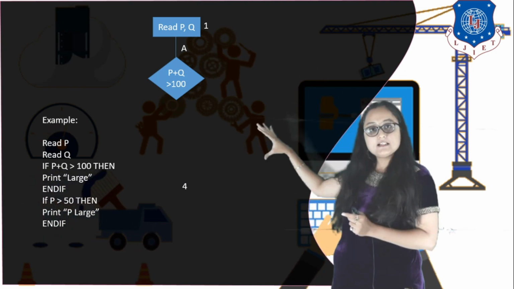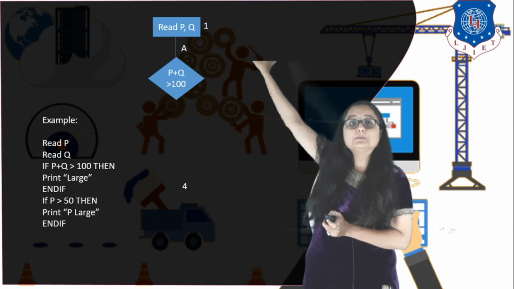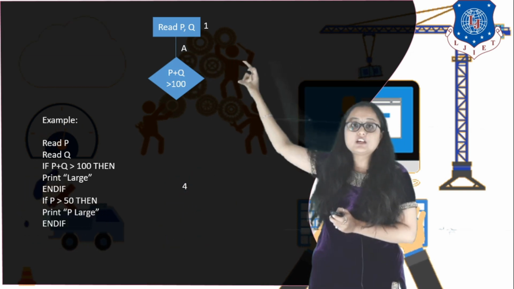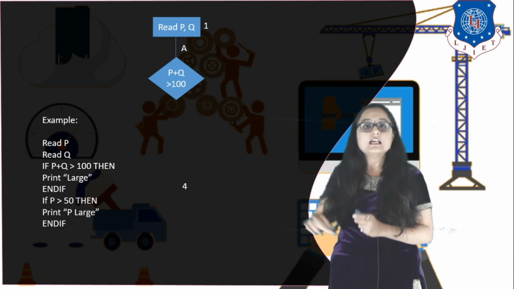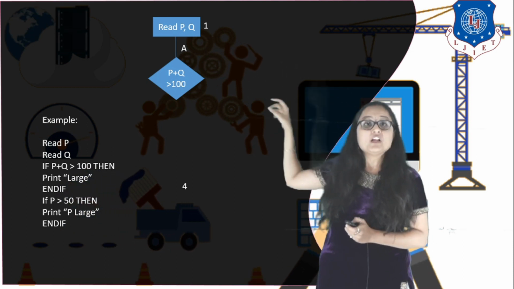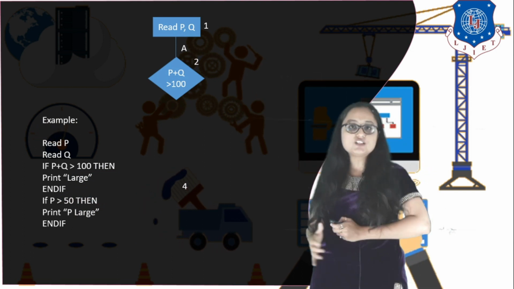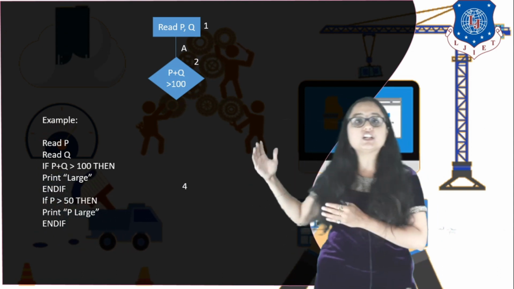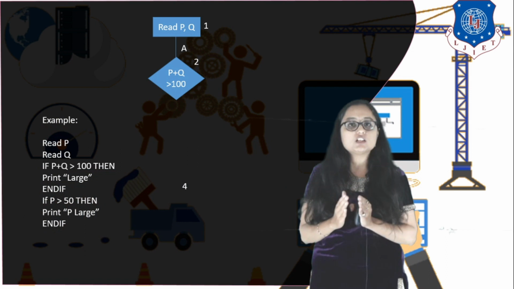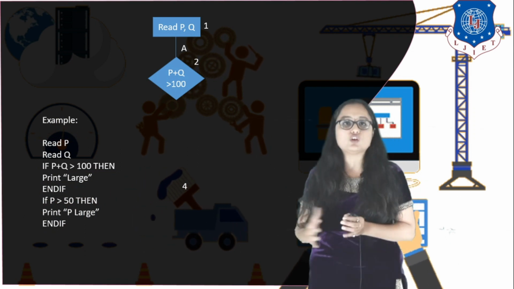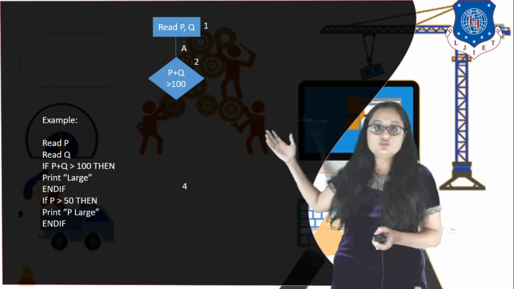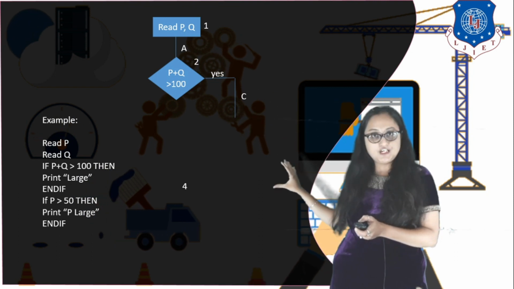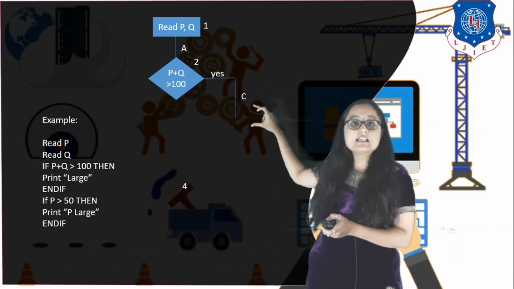So, getting how I am constructing this flow chart? Whenever you write a statement, you give a numeric number. Whenever you write a control edge, you give an alphabet. So the first statement is given 1, the control edge is given alphabet A. Then you have the decision statement, which is given numeric number 2. After the if condition in my code, I have two possibilities: the if condition is either true or false, right? If it is true, that is yes, then I get some statement. For this control edge, the alphabet I have given is